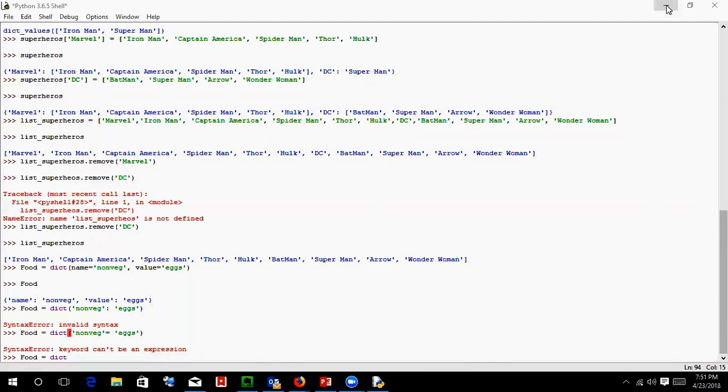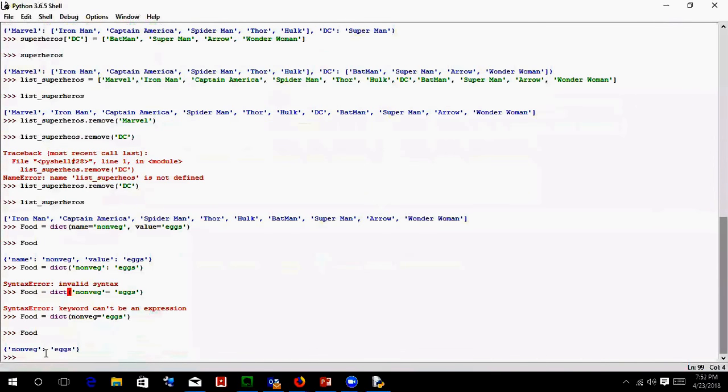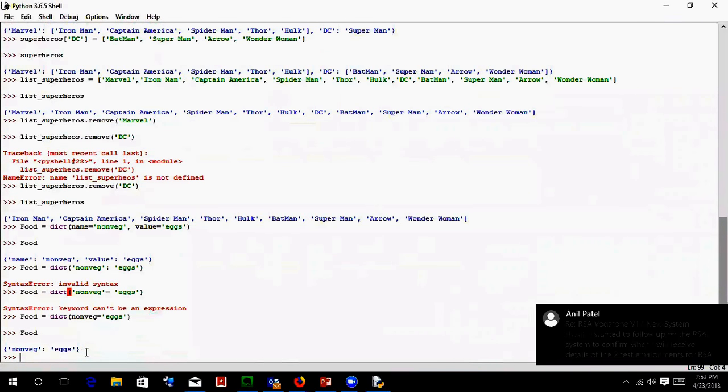For the dictionary function, we will require a dictionary kind of thing. We don't need that in code. Now it has created non-veg equals to x. For example, we can do it more. Food equals to dict,